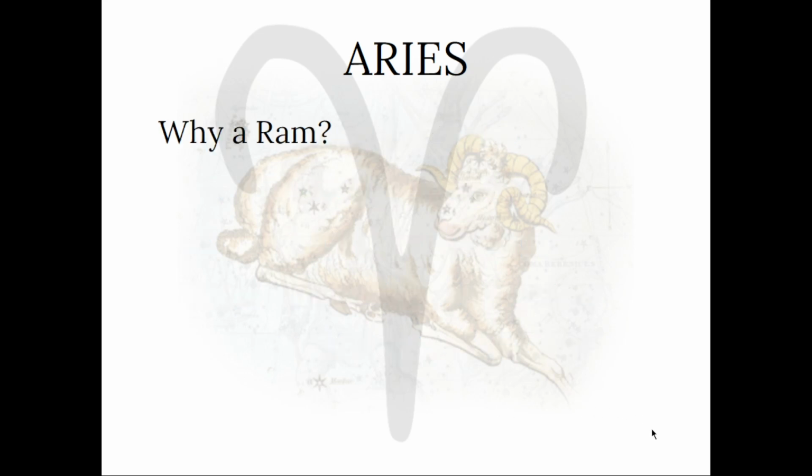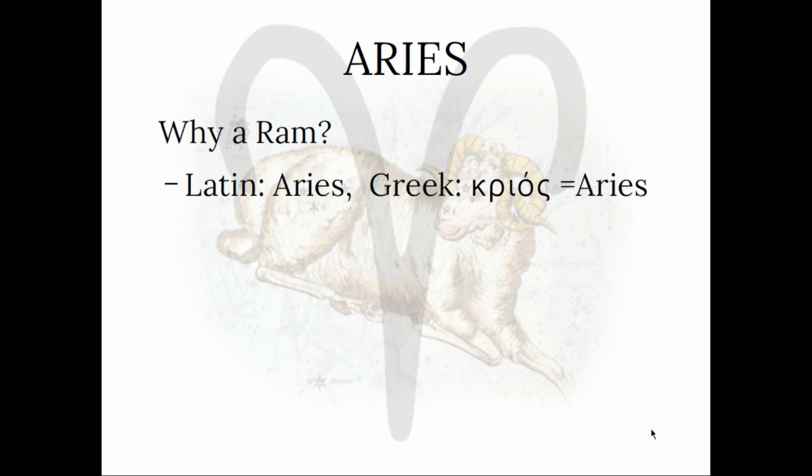So why a ram? Well, a ram in Latin is Aries. In Greek, it's Aries. So we're not getting any more information there. We're just going around in circles, probably zodiacal circles. So let's go back a little further in time to Egypt, 1,000 years